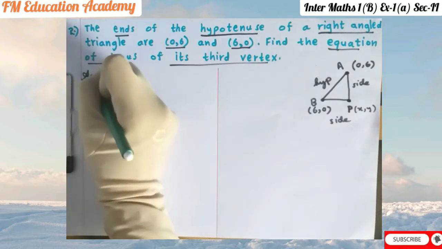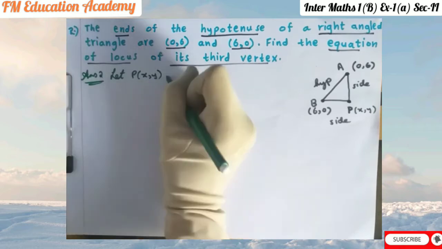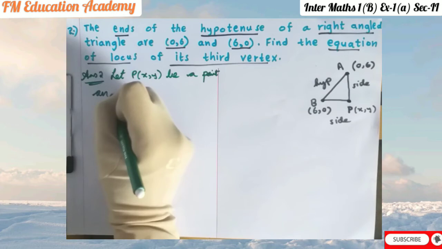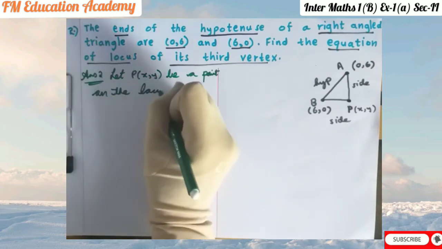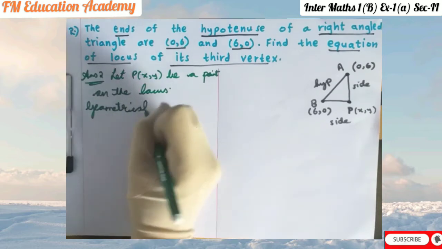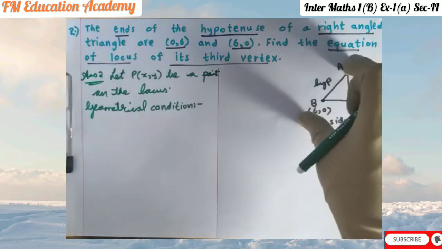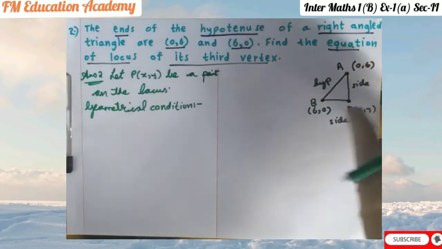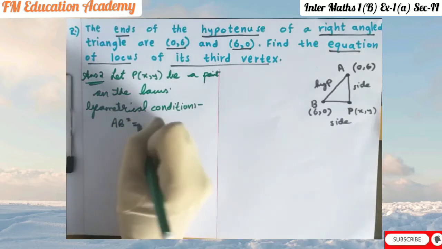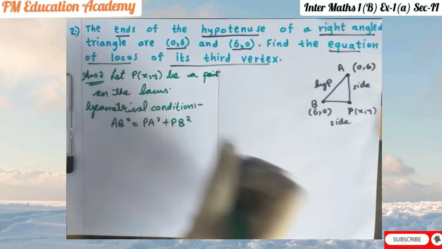As usual, what is the first step? Let P(x, y) be a point on the locus. The second step is our geometrical condition. So the geometrical condition given to us over here is hypotenuse square is equal to side square plus side square. What is the hypotenuse square here? AB square. So AB square is equal to PA square plus PB square is our geometrical condition to be satisfied